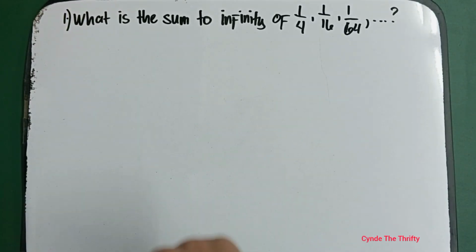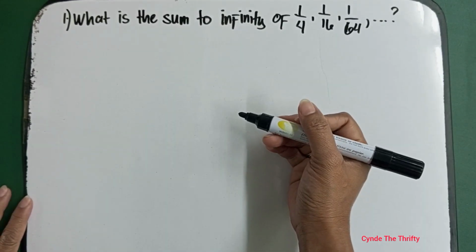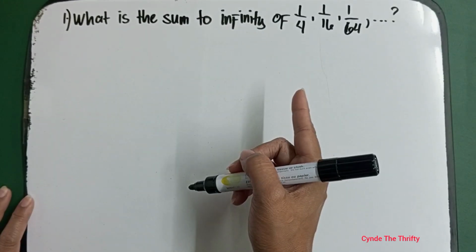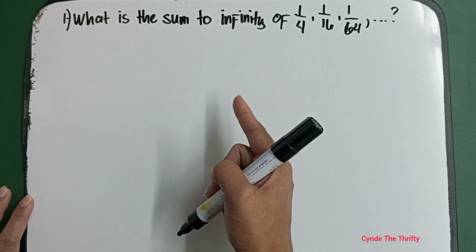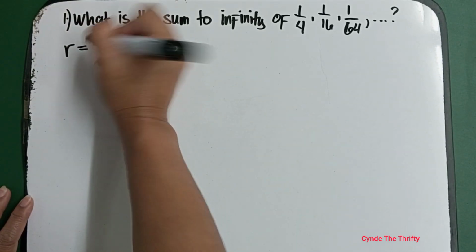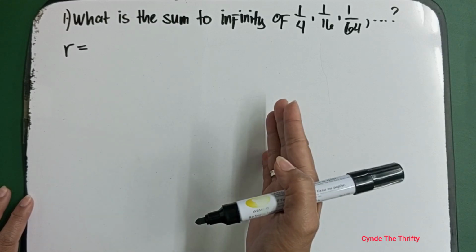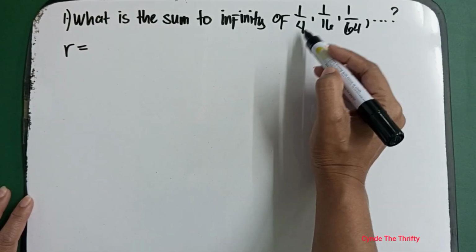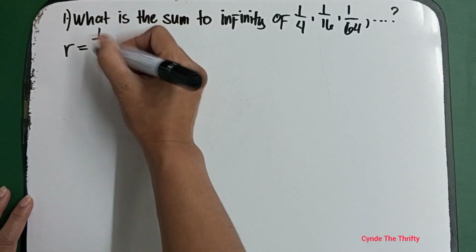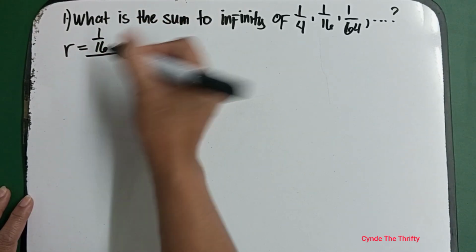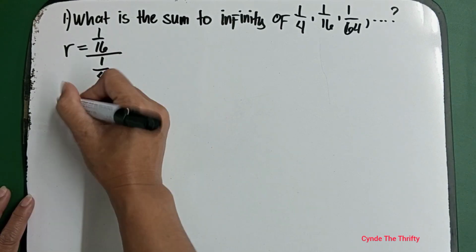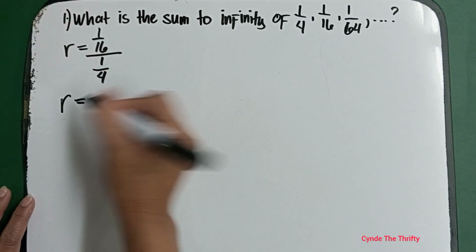First, ang gagawin natin is hahanapin natin ang kanyang common ratio kasi dapat ma-identify natin kung ang kanyang common ratio is between -1 and +1 ba. So, sa pagkuha ng common ratio, again, second term divided by the first term. So, ang second term natin is 1/16 divided by 1/4. Okay, so common ratio is equal to